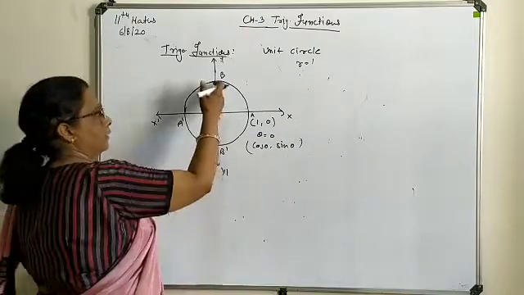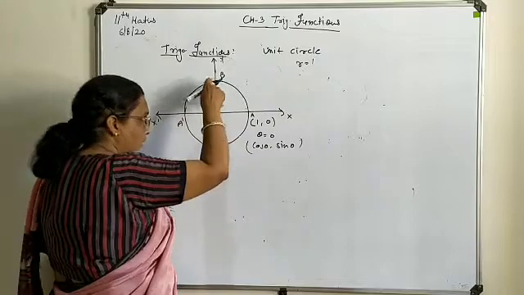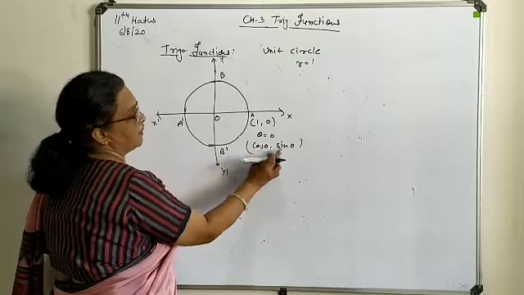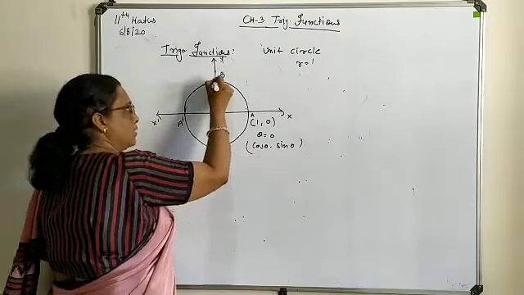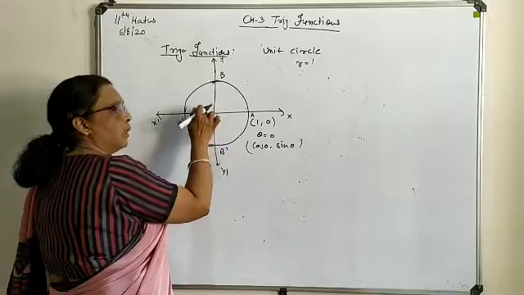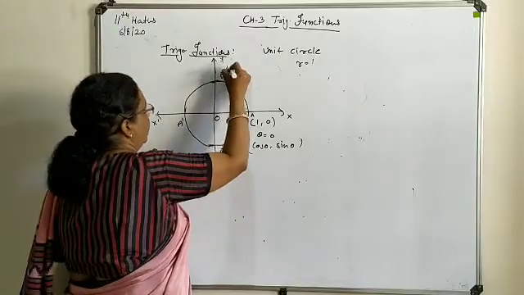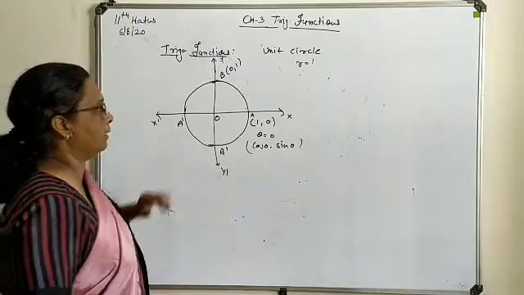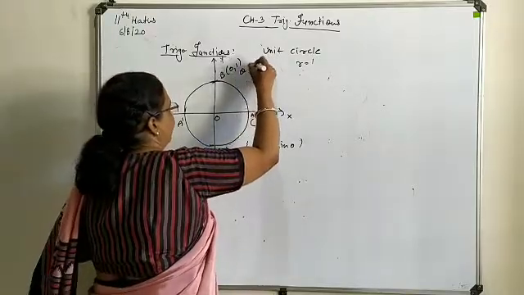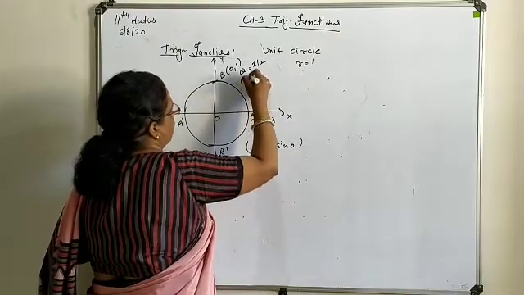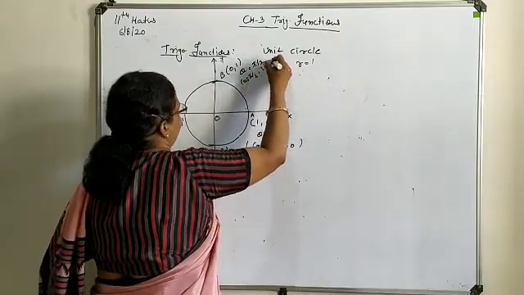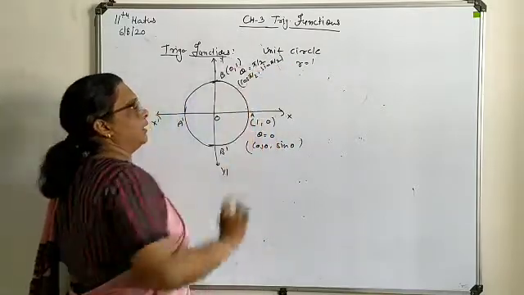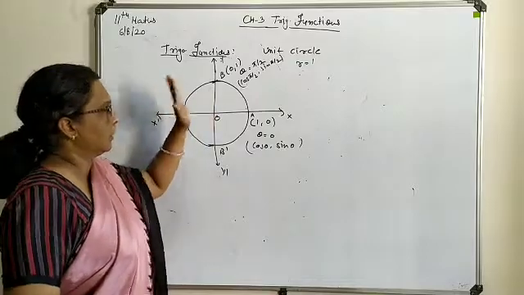Now we come here, when the angle formed between these two radii is 90 degrees, we have cos 90 and sin 90. Here you can see this point B is on the y-axis. So obviously its x coordinate will be 0, with y coordinate 1. So here you can take the angle theta as pi by 2. So it will be cos pi by 2 and sin pi by 2. We know cos pi by 2 is 0 and sin pi by 2 is 1. That's why these two values will be considered over here.